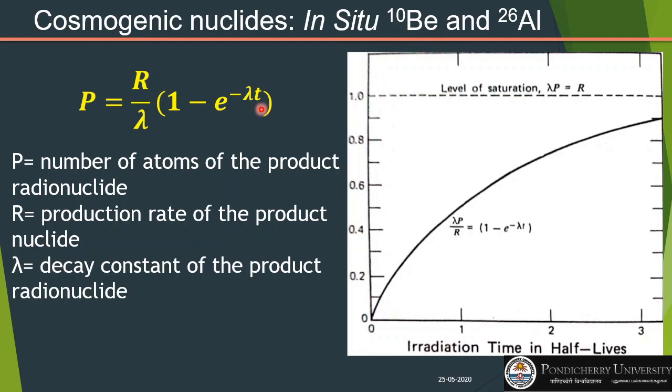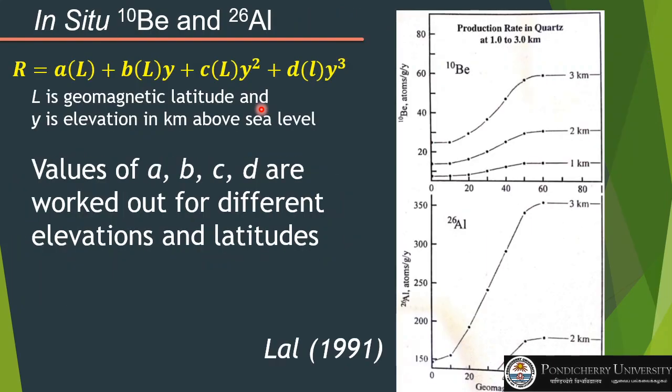So this T can be interpreted largely in terms of the surface age or the exposure age, or when the surface got exposed to the cosmic rays, in a simple way. But here, in almost all cases, you as a geologist would know that any surface which gets exposed also starts getting eroded. As soon as it is exposed to the cosmic rays and you start producing these cosmogenic nuclides, some of these nuclides might be removed by the erosion.